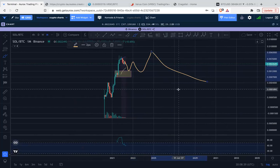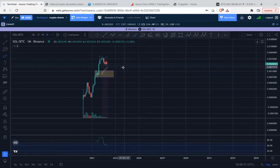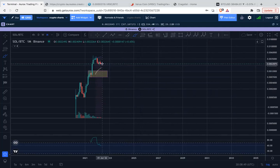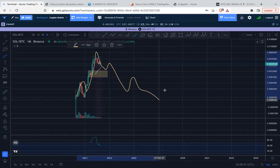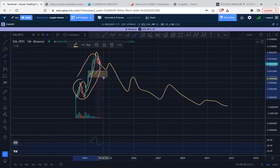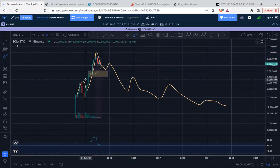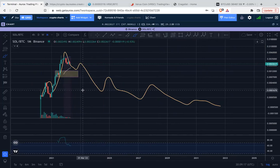Now, what are these monthly charts going to look like against Bitcoin long term? I'm just drawing imaginary lines now, out of nowhere. So we're going to watch. There's barely any data here. What shape is this going to end up taking? When we look, for example, at Monero on the monthly chart, we see it does these kinds of things. Interestingly, not as many months on some of these other price charts. Maybe you get 3 months of action to the upside, but it's huge, volatile moves. In these newer,